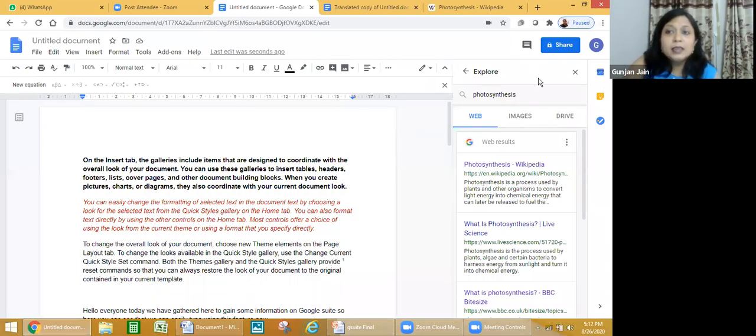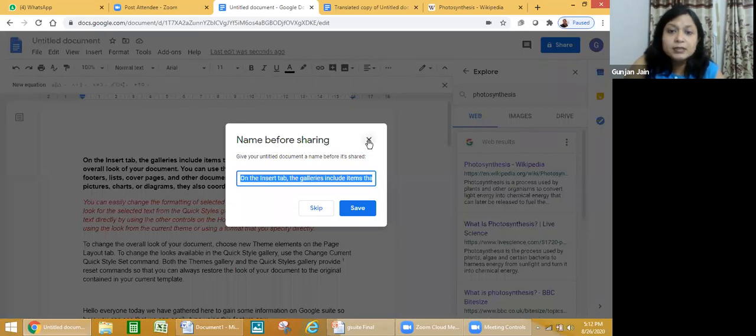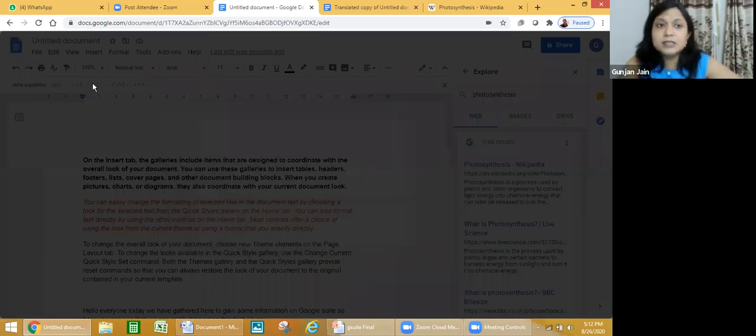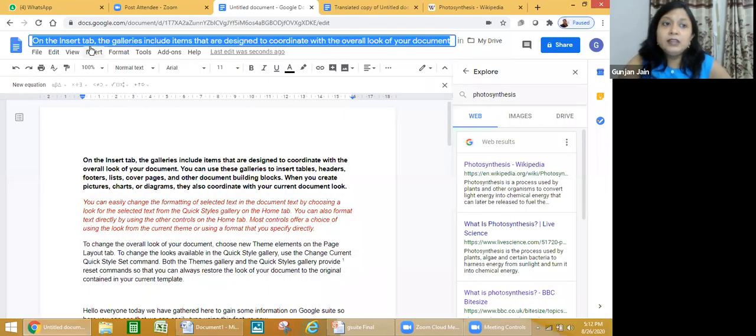This sharing is same in all the things, whether it is docs or it is spreadsheet or it is slides. So please look at it carefully because I will not repeat the sharing portion. So you will click on share. Okay, see it is saying you have to save it first because I have not given the name. Though it is being saved, every moment it is being saved, but I have not given the name to the document.